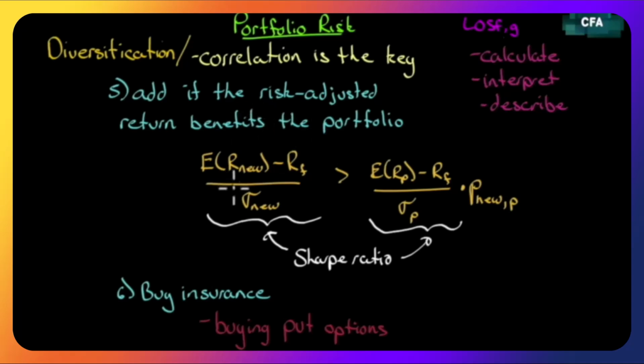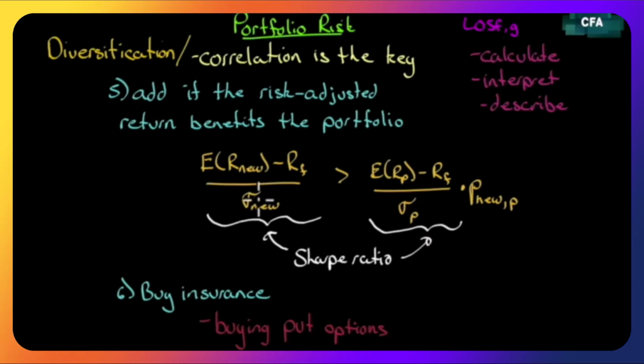So what is the risk-adjusted return? Well, have a look at what I've done here. Here is this new asset that we want to enter. So the return on the new asset minus the risk-free rate. So what's the numerator? That's just the excess return that this asset provides above the risk-free rate, divided by the standard deviation of that new asset. All we're doing here is we're just saying, well, look, the risk-free rate I can get with no risk. So anything above that, that's the return I'm getting for taking on risk. So I'll divide just that excess return by the risk. That's a Sharpe ratio. And we're doing the same thing here with the portfolio. The return on the portfolio minus the risk-free rate divided by the standard deviation of the portfolio.